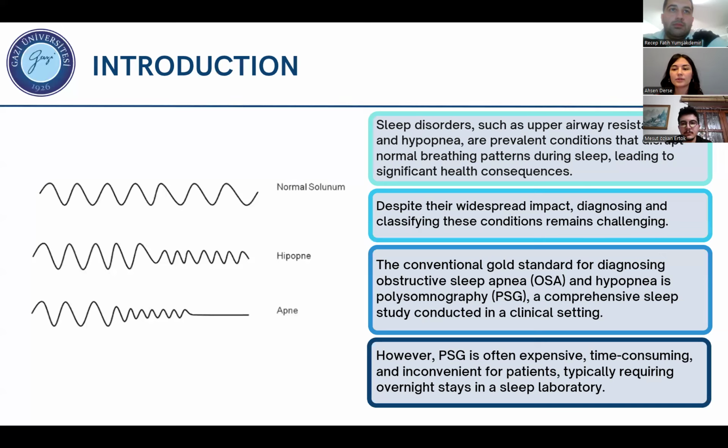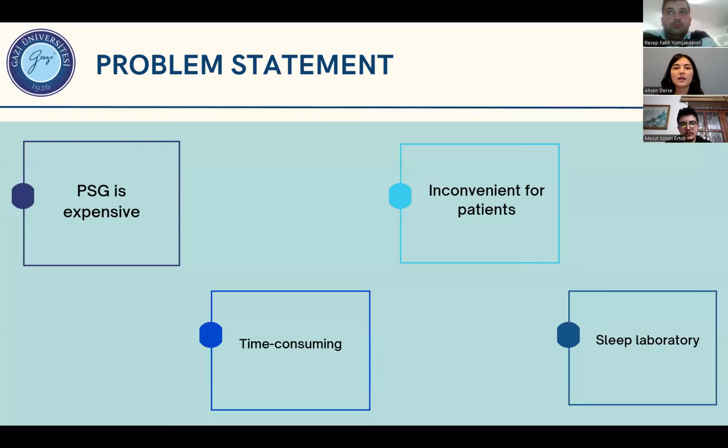Sleep-related breathing disorders such as hypopnea and upper airway resistance syndrome disrupt normal breathing patterns and pose significant health risks. Although PSG is the gold standard for diagnosis, its high cost, time-consuming nature, and inconvenience for patients make alternative solutions